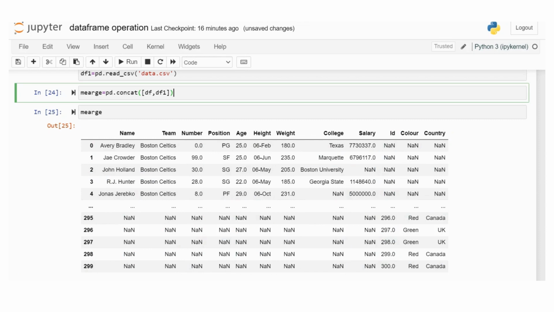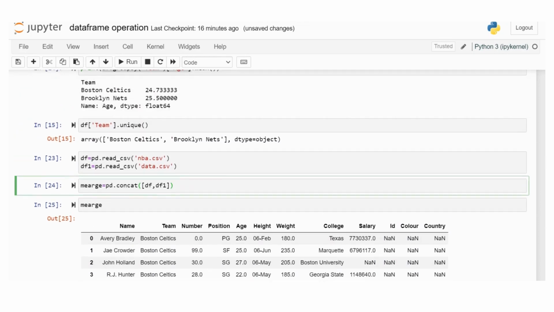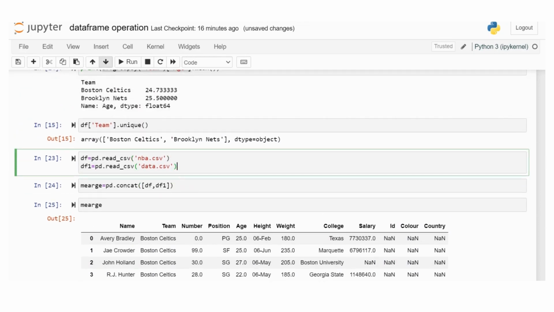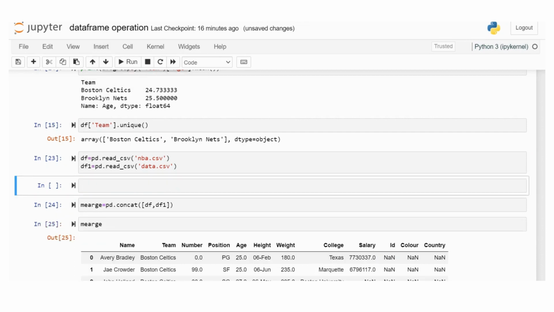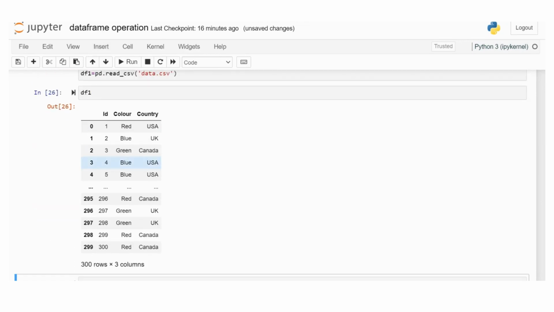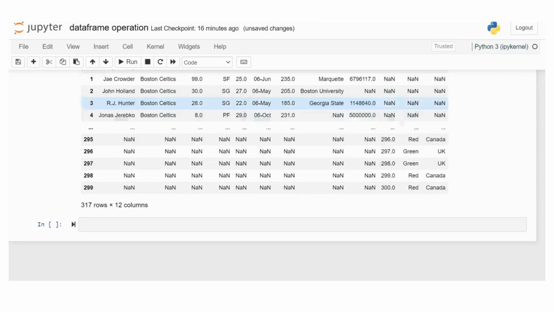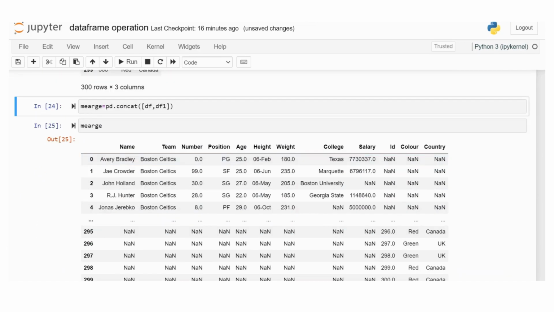Okay, let's show the df1 data set. The df1 data set has id and color columns, and in the df data set we add id, color and country.